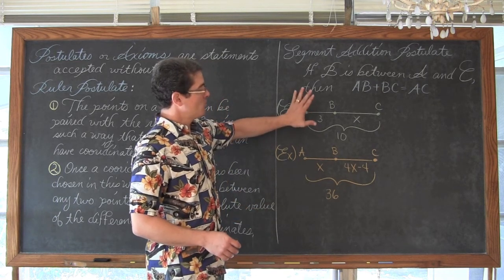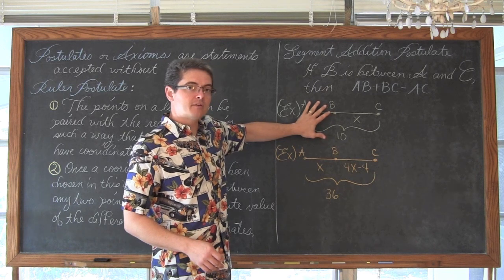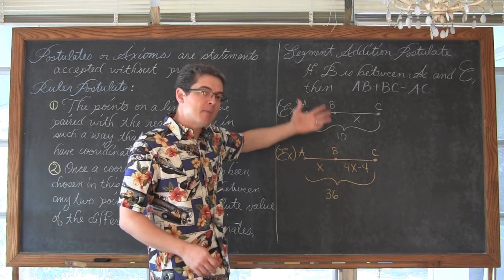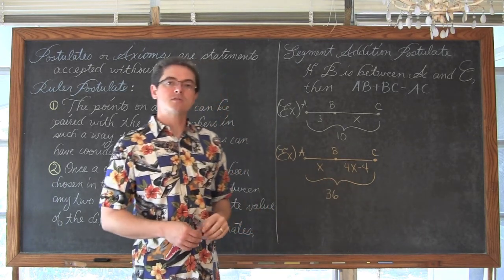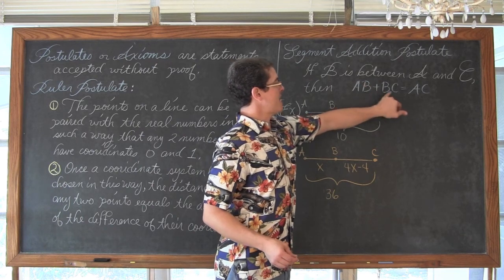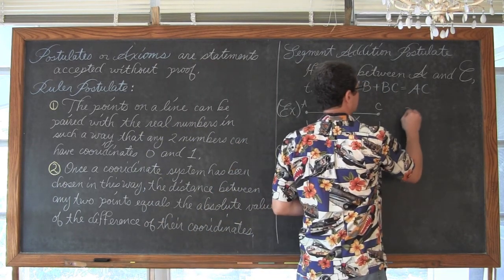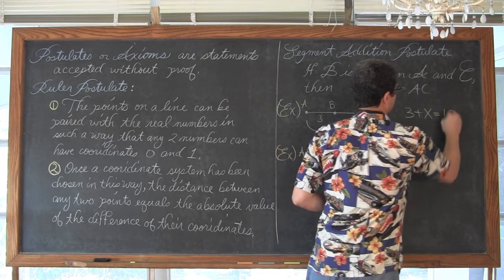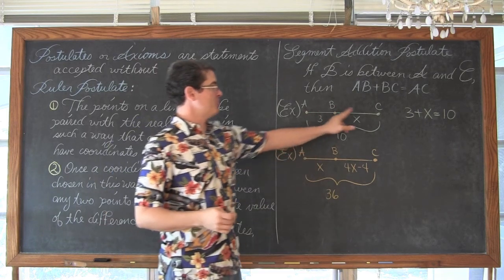So let's write out the formula and work out the algebra to get this solved, even though we know the answer is already 7, and see that pattern and learn that process to do more complicated questions we might see in our textbook. So the two segments, the two parts, added together equal the whole. So we're going to have 3 plus x is equal to AC, the entire length of the segment that's made up of these two parts.